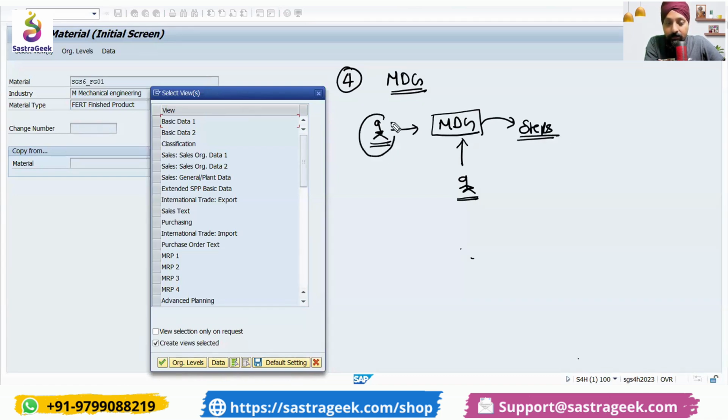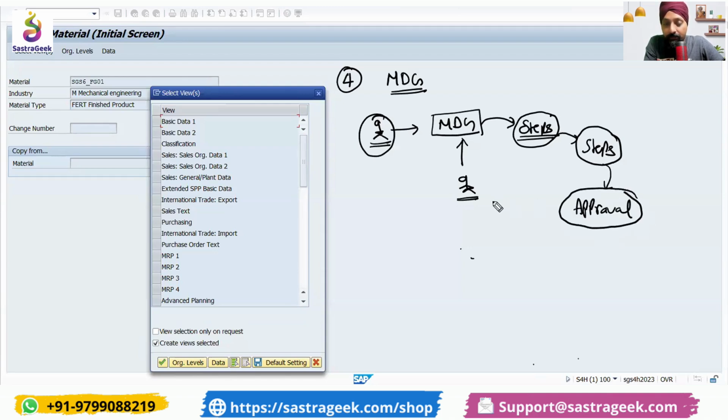After this team has filled the data, the next team is the sales team, then the planning team. It will take it to the further steps with the workflows. Automatic workflows will trigger to the different people. They will enter their data, and it can also go to approval, to whoever would be approving the data, and there would be auto validations. At each step, we'll be setting up an auto validation system that would be validating the data. If the data is not good, it would throw an error. But approvals happen, and when the final approval has been done,